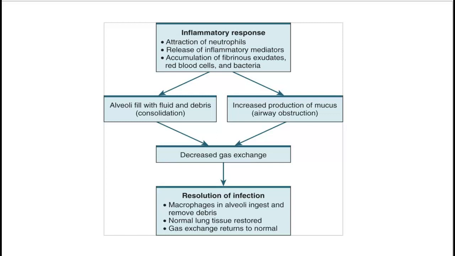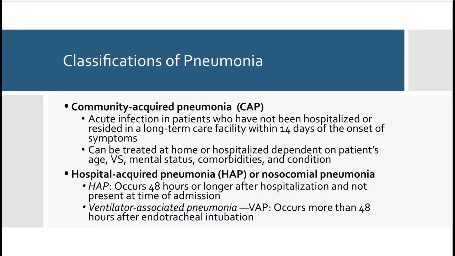So with resolution of the infection, the macrophages in the alveoli help to ingest and remove the debris. Normal lung tissue is restored and gas exchange returns to normal. So there are several types of pneumonia classifications. Community-acquired pneumonia, also known as CAP, is an acute infection of patients who have not been hospitalized or resided in a long-term care facility within 14 days of the onset of the symptoms. Many times this can be treated at home or hospitalized depending on the patient's age. So it's going to depend on their vital signs, their mental status, comorbidities,